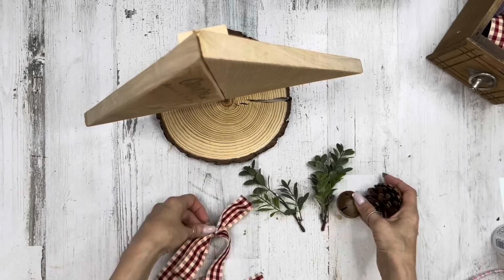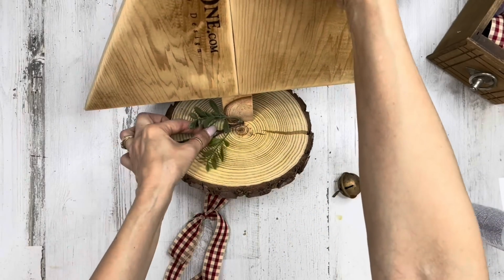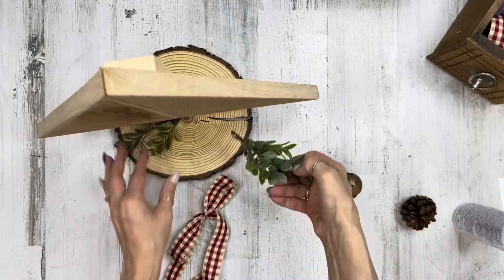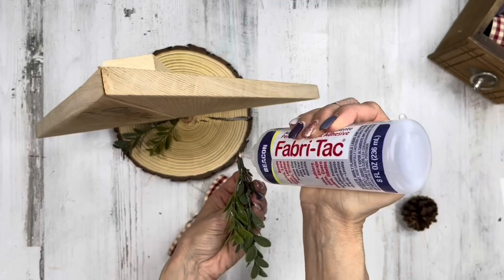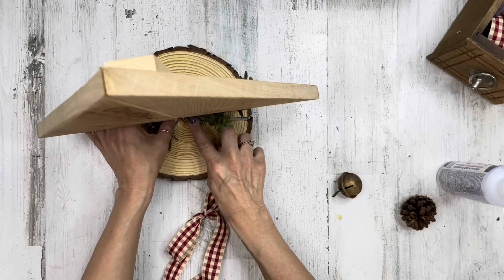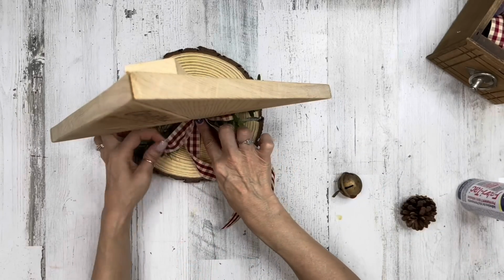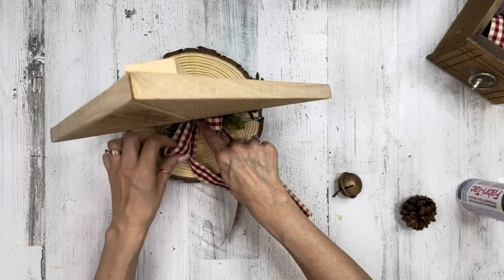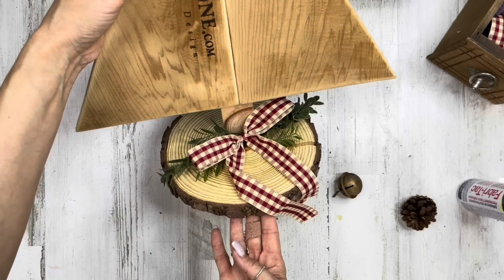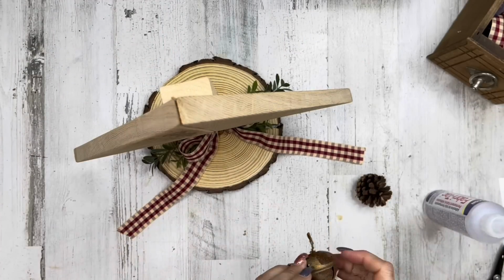Plus it gives me room to add a rusty bell, pine cones, some greenery, and some ribbon again. Basically the same kind of decorations through all of the projects today. And I chose specifically some greenery that wasn't real glittery or snowy because I tend to go toward glittery and snowy. It was kind of hard to find greenery that didn't have stuff on it, but I did find some. It looks great. Glued those on, of course, and now I'm gluing my bow in the center. I've got long tails on it right now because you know what we're going to do, wrinkle and crinkle it a little bit later. All right, going to add in the rusty bell,